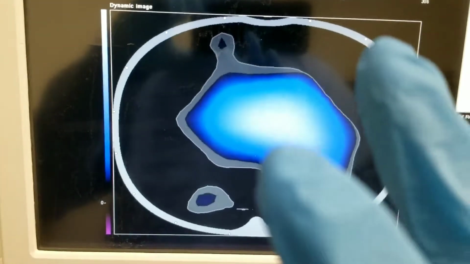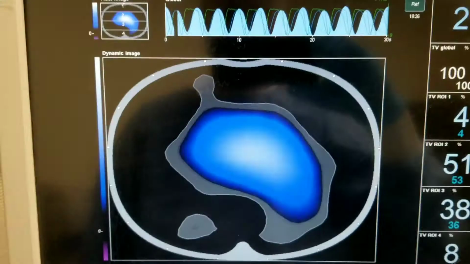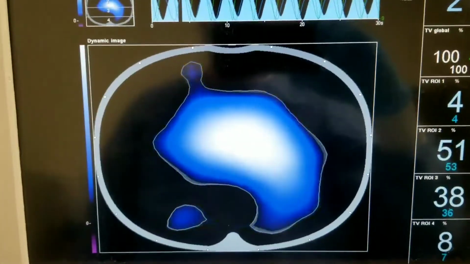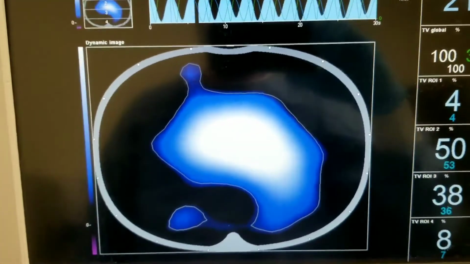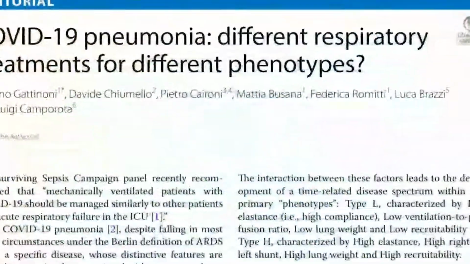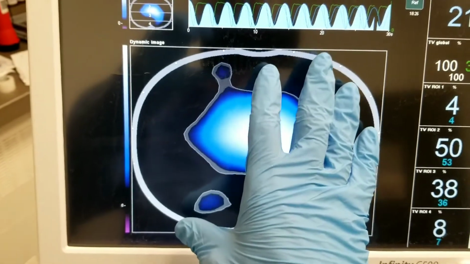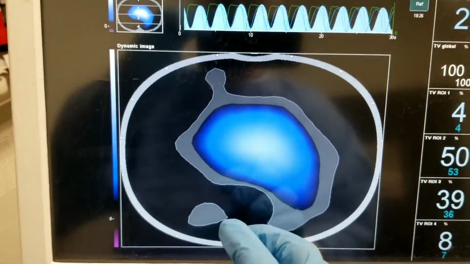So with the COVID issue, if you look at some of the articles, I think published by the Italians, they talk about type L and type H. So COVID pneumonia or COVID ARDS, sometimes it's referred to as CARDS. They basically say that often they show up with normal compliance, good distribution of ventilation, good elastance, a nice supple lung, yet they're hypoxic. So by using the tomography, we don't have to do a CT scan to see what